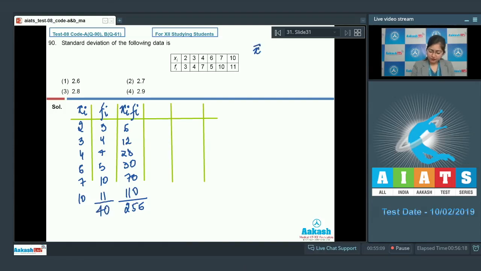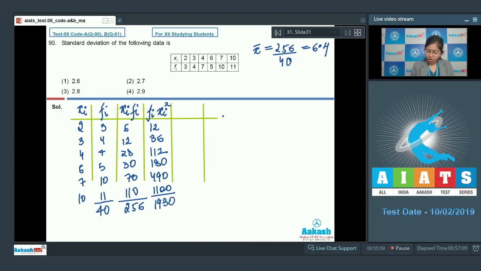So from here we can find the value of X bar, that is equal to 256 upon 40, that is equal to 6.4. Further, finding the value of Fi into Xi square, it will be equal to 4 into 3, that is 12, this is 36, this is 112 and this is 180, this is 490 and this is 1100. So the summation of Fi Xi square will be equal to